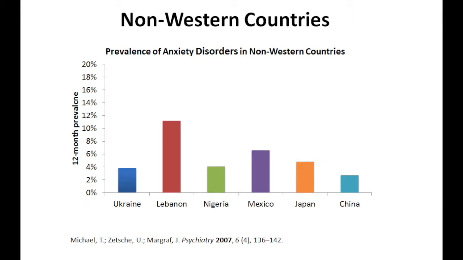Most of the information about mental illness has been collected in Western countries. The World Health Organization developed a worldwide mental health project with nationwide surveys that share common methodologies to facilitate comparisons. They found that the most common subtypes in non-Western countries were, once again, specific phobias and social phobias, while the least common subtypes were panic disorders and agoraphobia. The 12-month prevalence ranged from 2.7% in China to 11.2% in Lebanon.